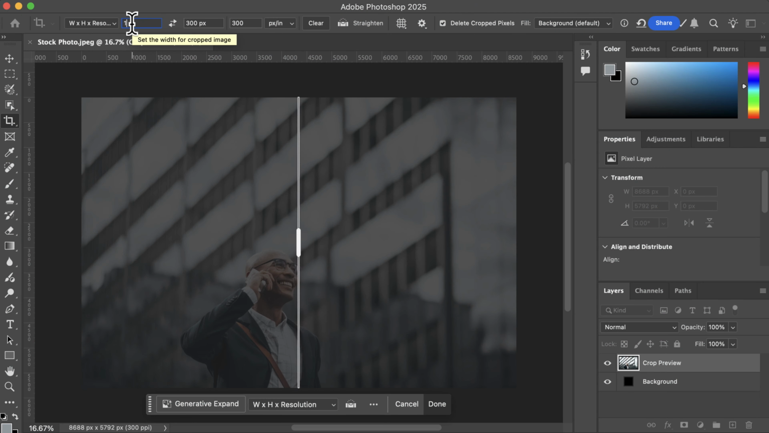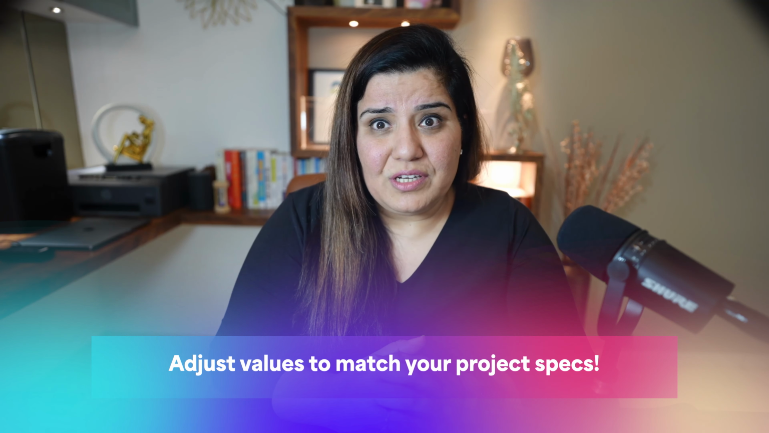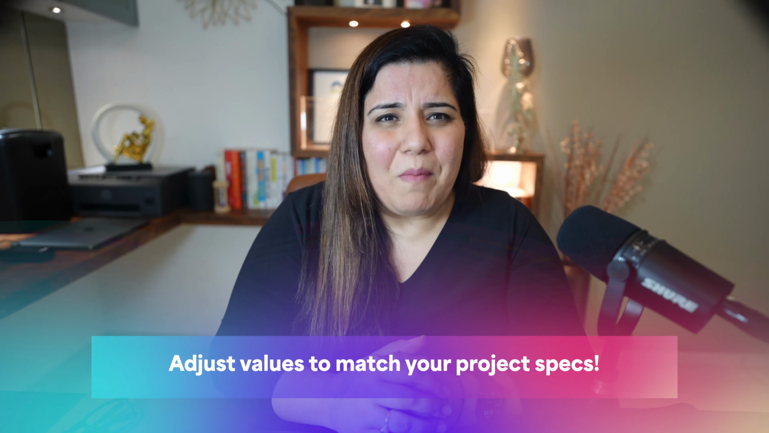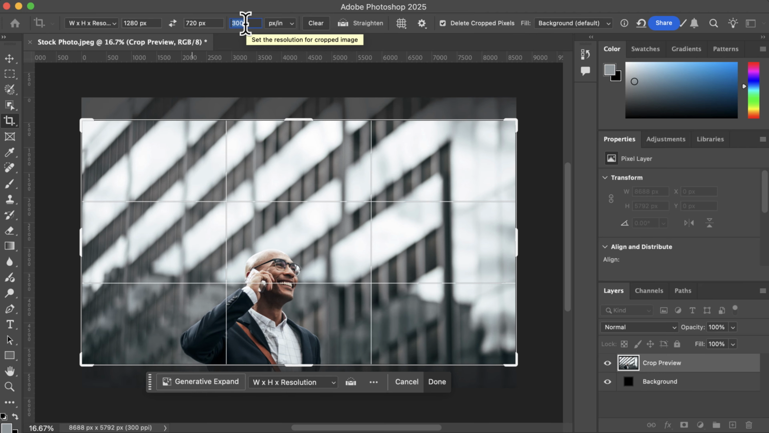In the width and height fields, I'll enter 1280 and 720 pixels respectively, which is a standard 16:9 aspect ratio, commonly used in e-learning modules. If your course requires a different resolution, simply adjust these values to match your project specifications. For the resolution, I'll enter 72 pixels per inch, which is ideal for web and screen viewing. By setting these parameters, we are ensuring the image fits perfectly in our slide dimension and maintains optimal quality for